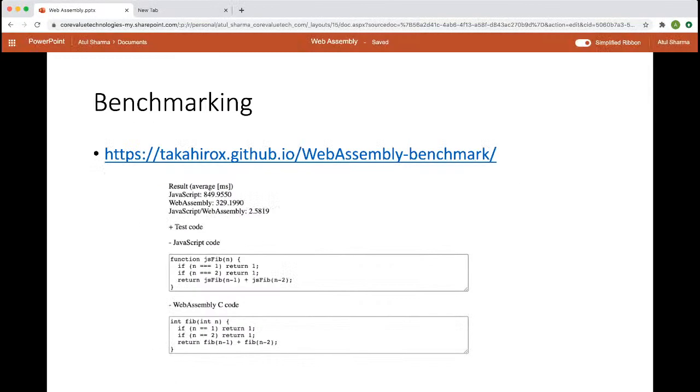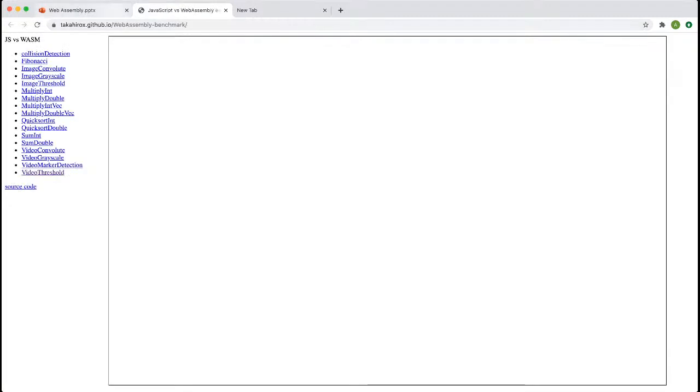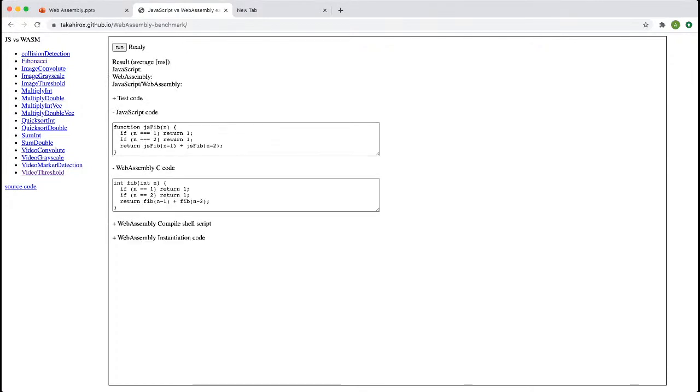By going through benchmarking, you will realize that WebAssembly is not faster than JavaScript in many cases. If I'm going through a Fibonacci conversion, they have written the same code in JavaScript and then the same code in WebAssembly. If I just run the test, it will show us the result in milliseconds.